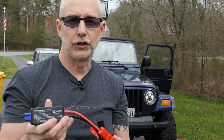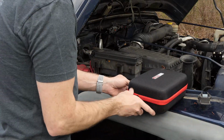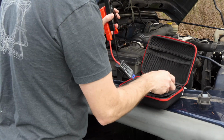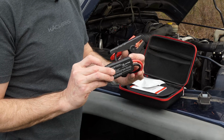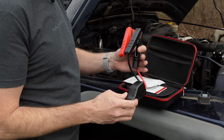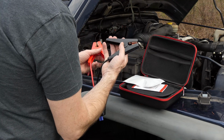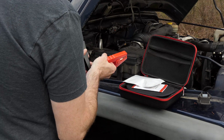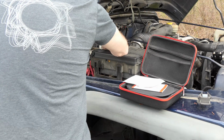Let me kill CJ's Jeep battery and then we'll go test. All right, so now we are at dead battery state. So let's see if we can get this thing figured out. The first thing I want to do is test this polarity checker and see if it really does tell me. So before I connect it up properly, I'm just going to connect it backwards and see what happens. I know you can't see back in here, but